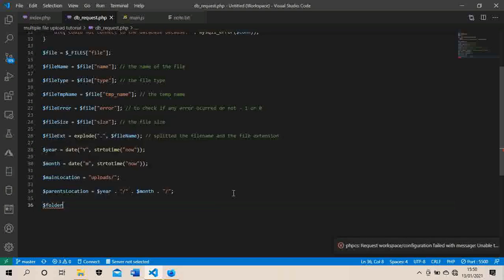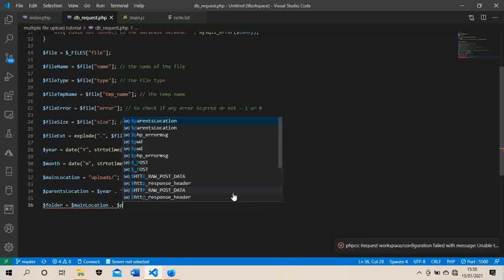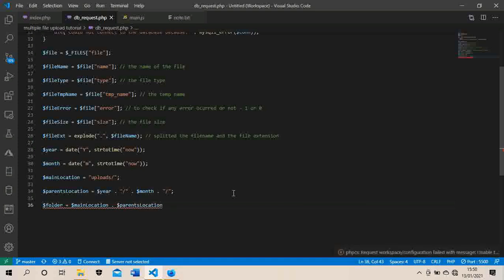Folder, let's just call it folder equal to assign main location dot parent location. Yeah, so that is the folder we are going to be creating. The upload folder already exists, so now let's check if